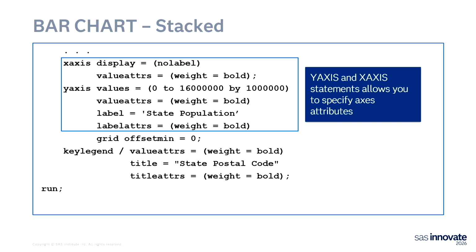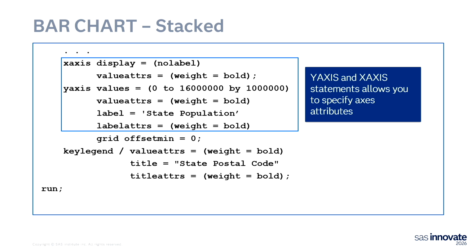On the x-axis, we're saying no label because we didn't want that information, but we want the values. The no label is whether or not we're putting some kind of label along the axis at the bottom. But we want those values, like the years at the bottom, bolded. For the y-axis, we're going to go from 0 to 16 million, I think that's 16, by 10 million, and that's how we get our tick marks.